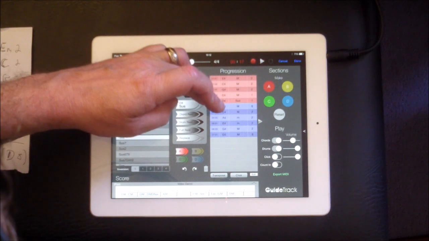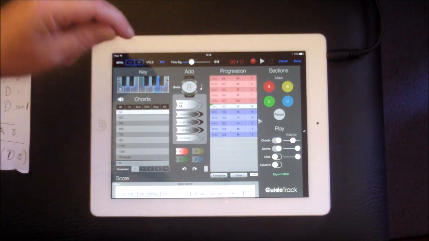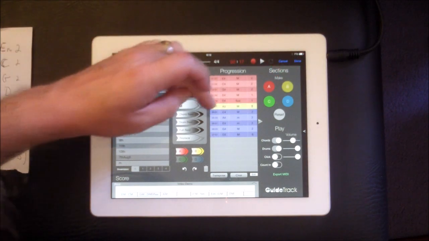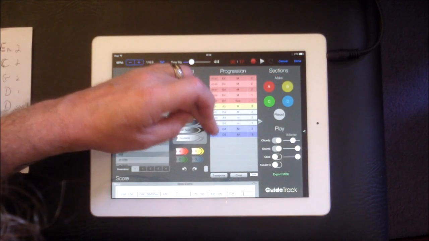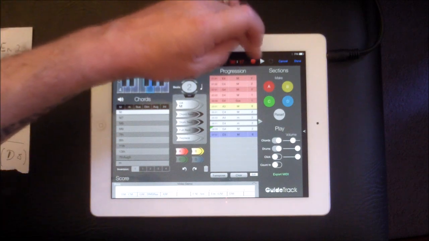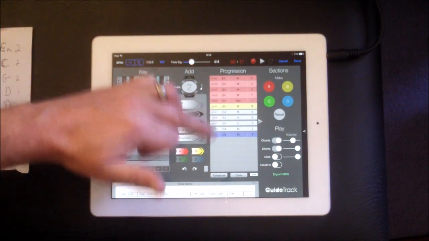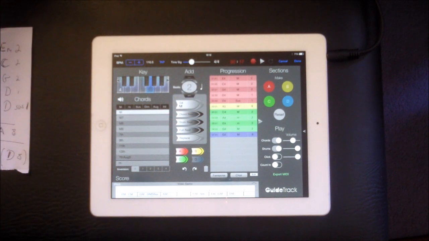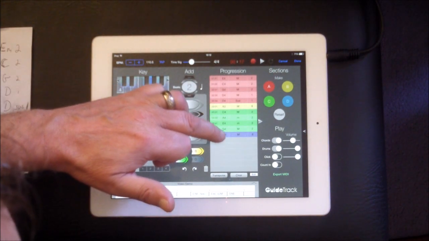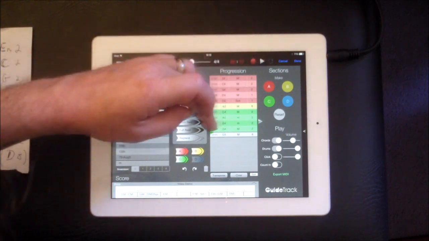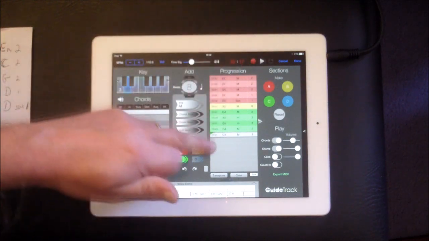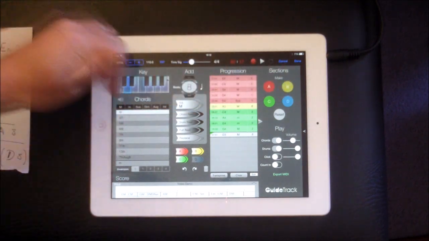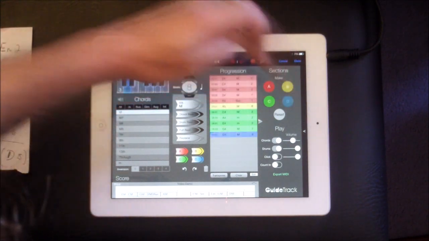My 6th chord was the bridge, so I'm going to call that B, and then my next 4 chords, with a chorus, sorry, so we're going to call that C. Okay, and then this was a bridge as well. Sorry, I've got this chord sample thing on. We don't need that now, and I'm going to call that D.